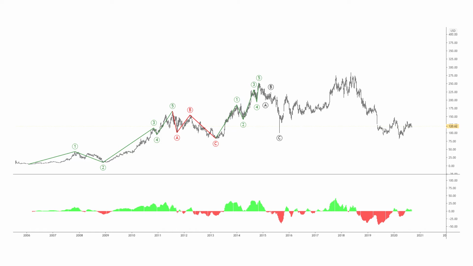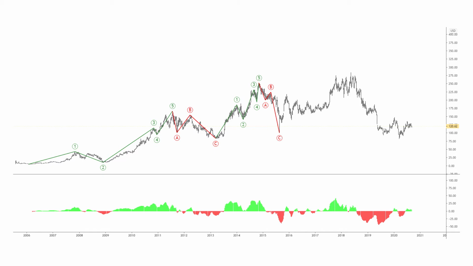Let me stress another thing regarding ABC corrections. These corrections can be of various types and structures. In this case, we have a 3-3-5 structure, meaning 3 impulse waves into wave A, 3 corrective waves into the wave B, and 5 impulse waves into wave C. The same structure was in the previous correction. Another very common type is the 5-3-5,